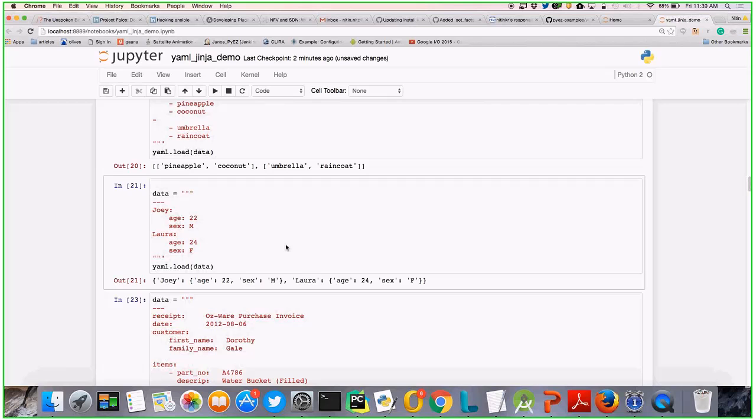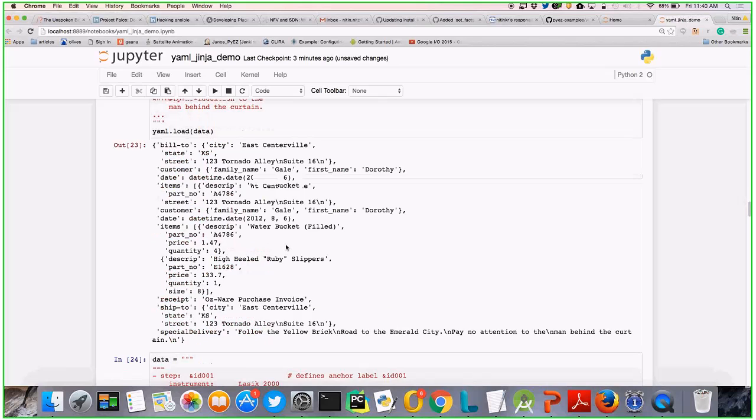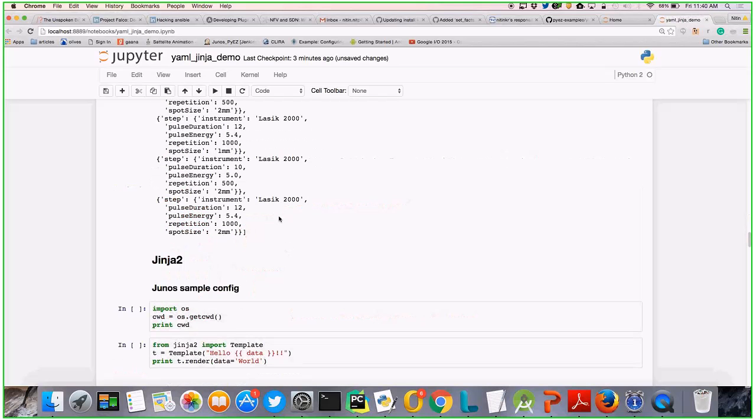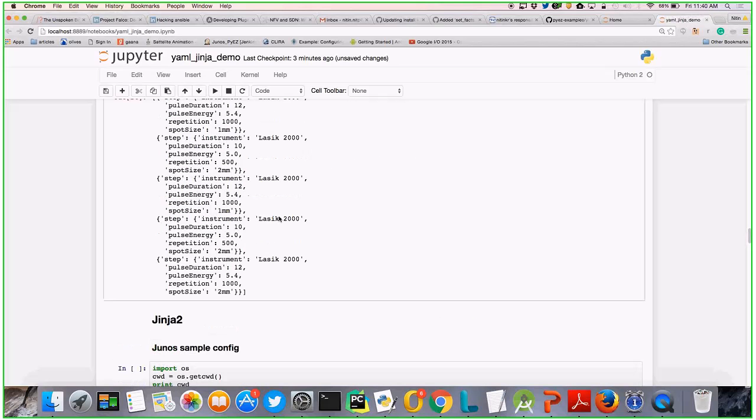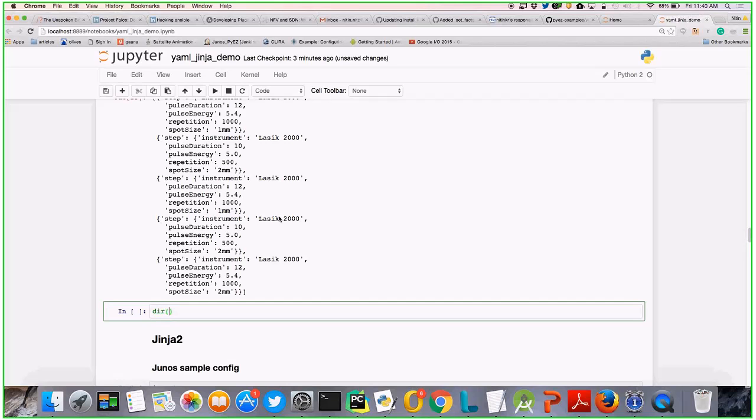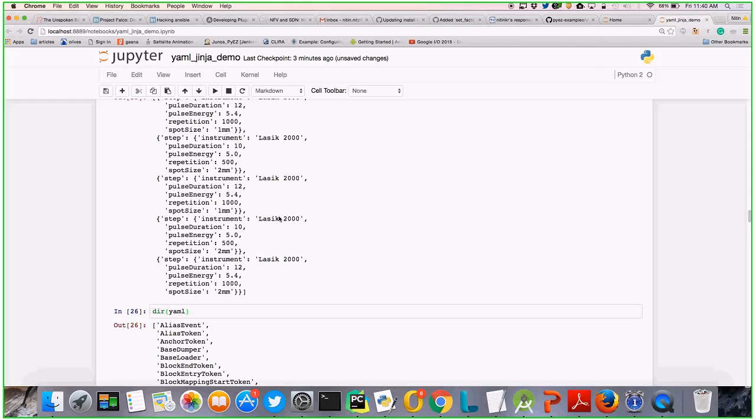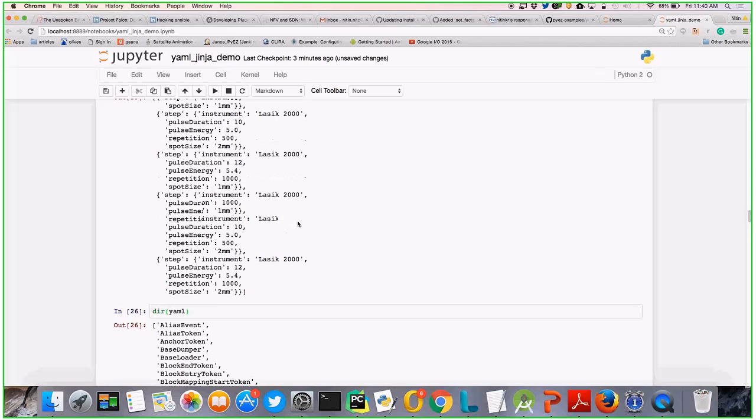Yes. So YAML is in a different file. How will you read it? In the same way, you open it and then put it to the YAML module, YAML load. Or let's check. So this gives you what all functions you have with YAML.